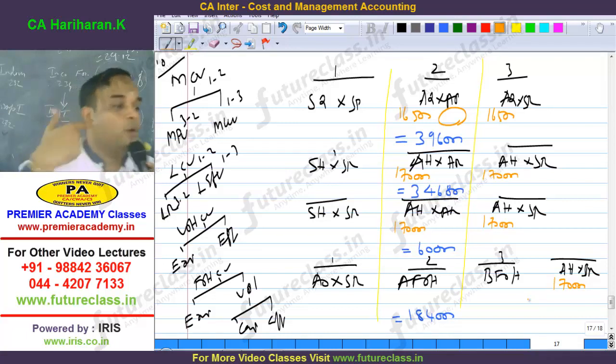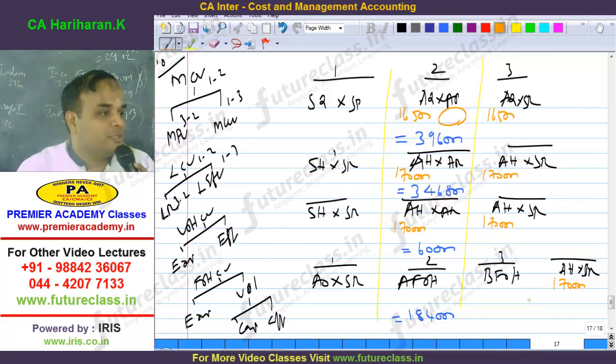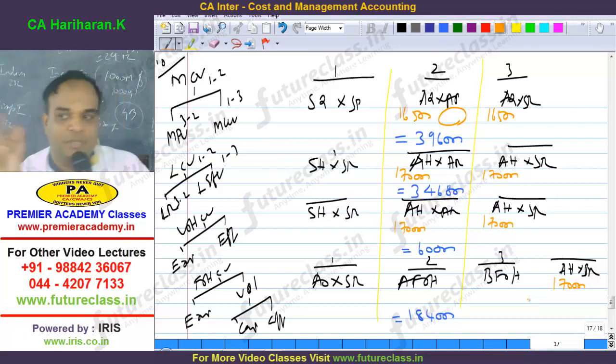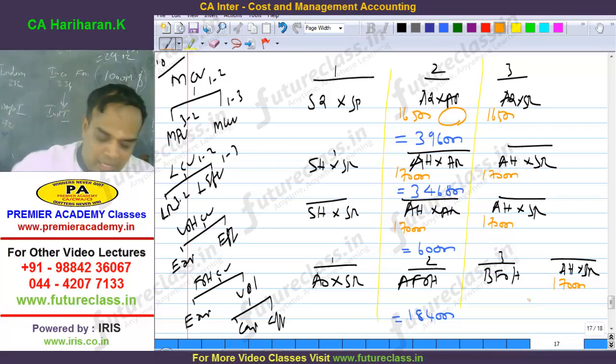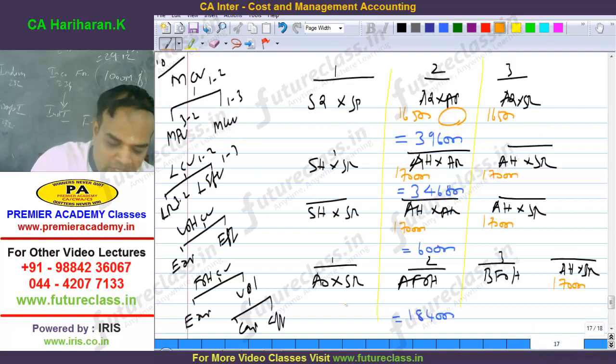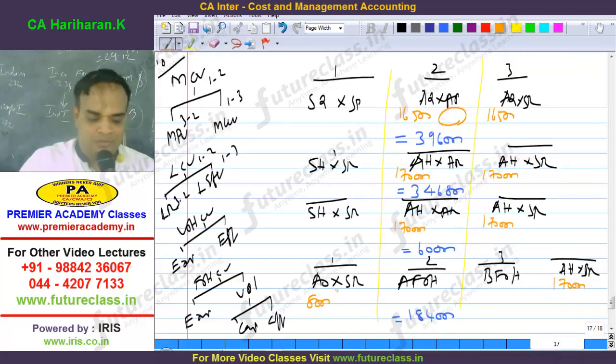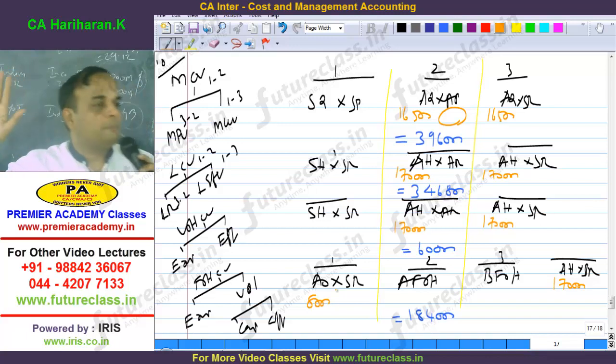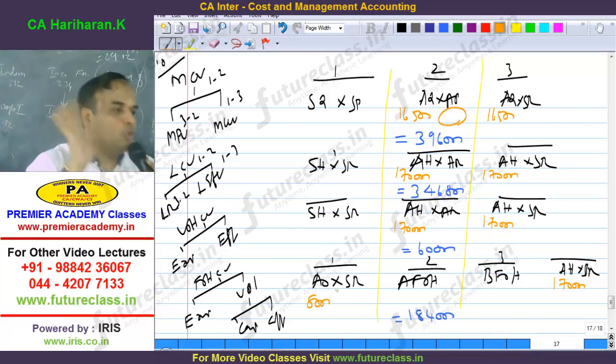The comfort will come by way of practice only. Otherwise, every time we have to search and every time we have to post, that gives extra time consumption, and the chances of committing mistakes are also high. Alright? Without committing mistakes, with one time investment, you can solve this. Substantially you can save time. Alright or not? Next, actual output is given in this question. How much is the actual output? 8,000 quantity. Here also 8,000, and the output here also 8,000. Now, got the idea or not? Substantial data, copy paste activity is over.